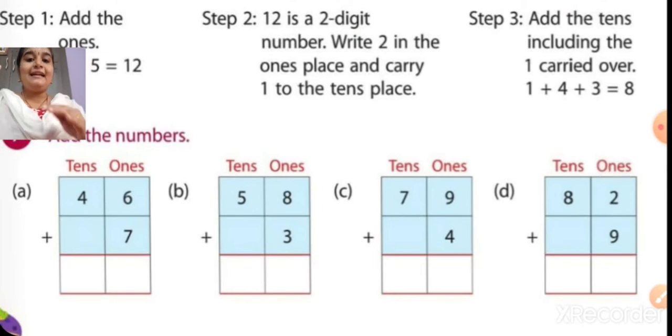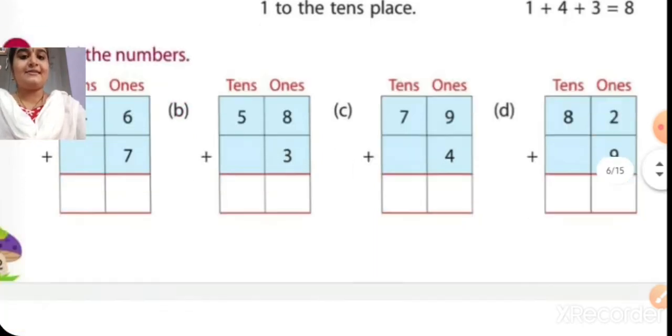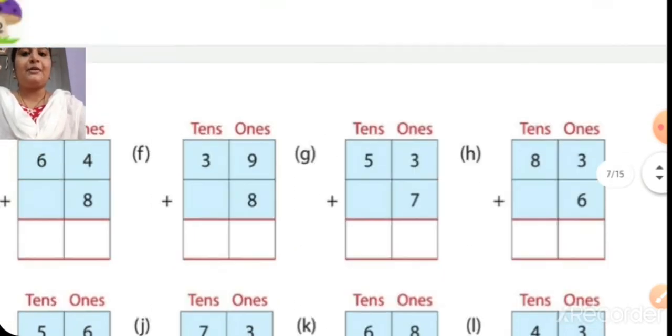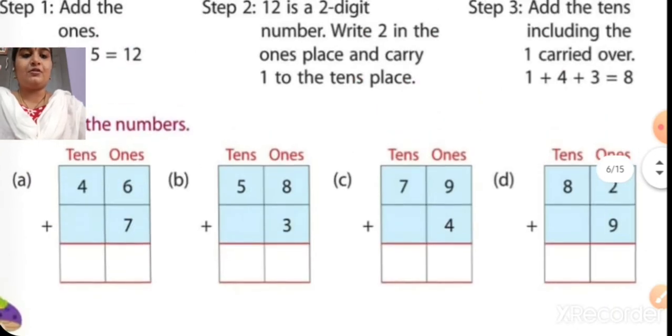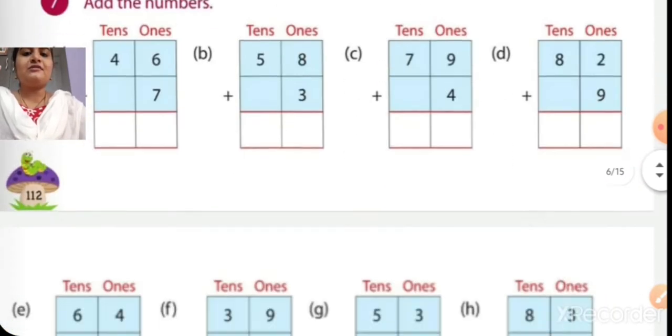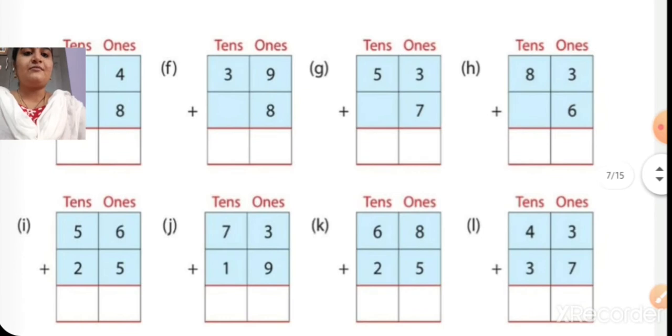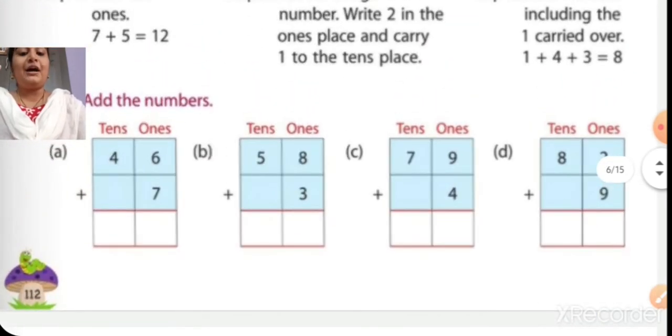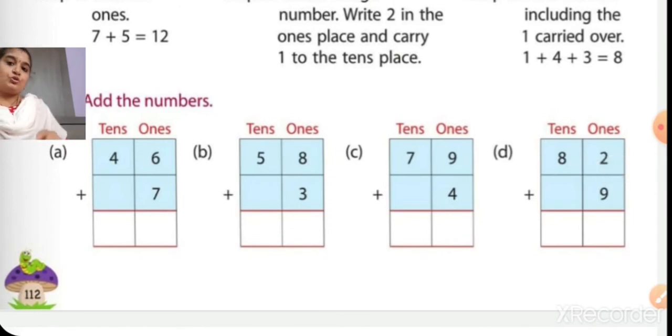First, we will add the single digits, then double digit with single digit, and then I will teach you to add two double digits. I will do 4 sums, and these 4 sums are your homework. Be ready, you have to practice. You should know to do it by yourself. If I do it and tell the answer, there will be no use. So you have to practice doing sums.